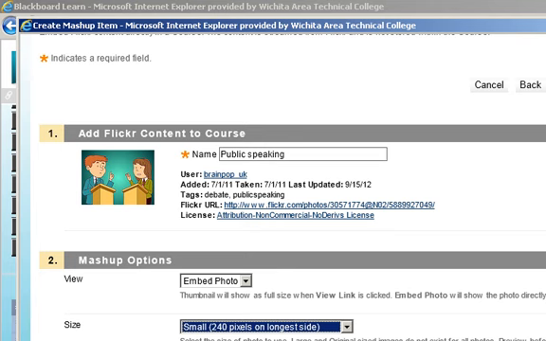Now you have the option to show the Flickr URL, and that is listed right up here. Do you want to show that to your students so they can go use the picture as well? I don't necessarily want to, but I will tell you the truth, I do want to show the Flickr information, and I'm going to say yes to that because I want to make sure that I'm not violating any copyright. I'm pretty sure I'm not, but I still want to be sure about this. And they might want to use this picture for something within a presentation. So I'm going to say submit,